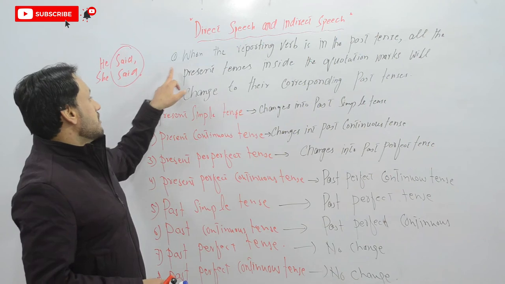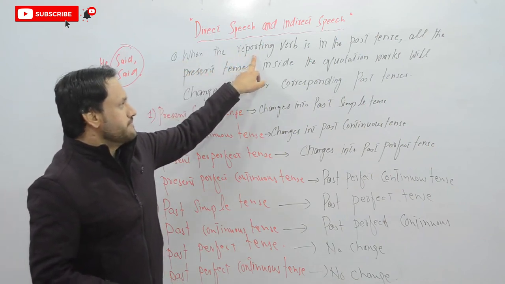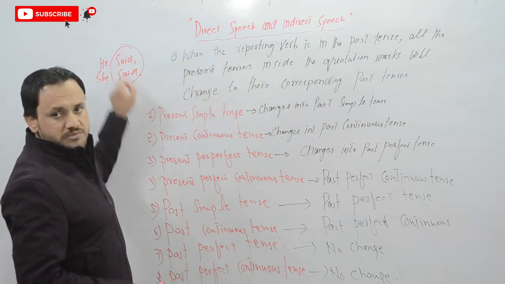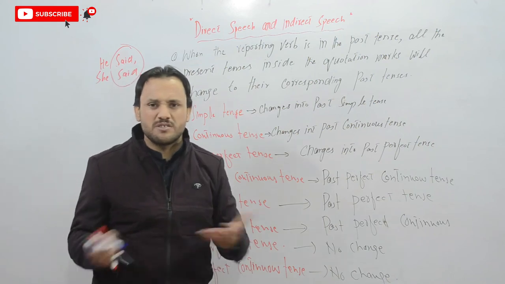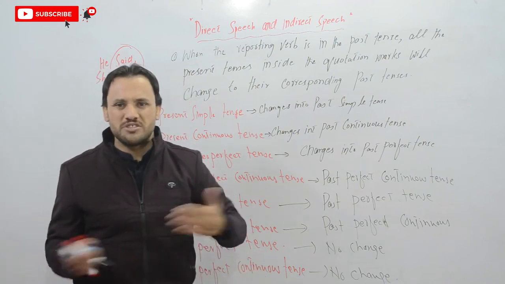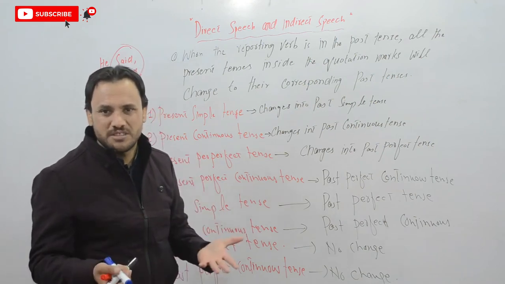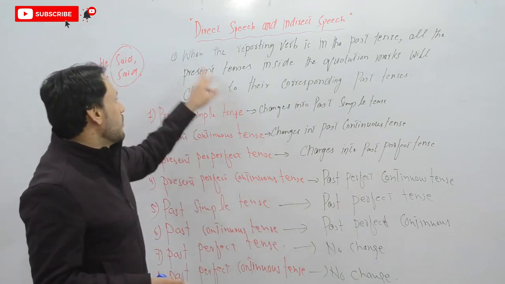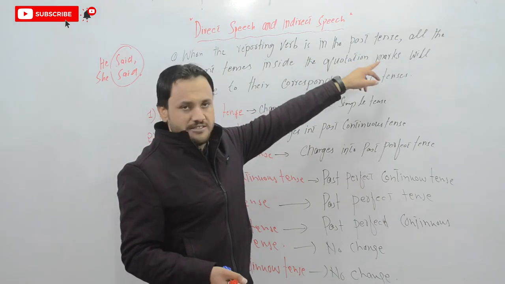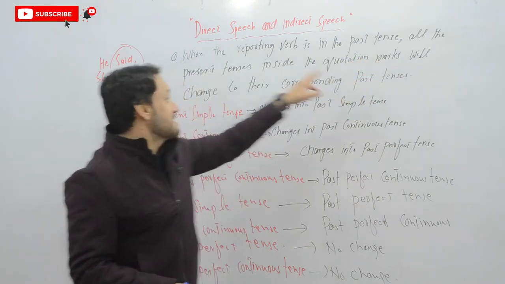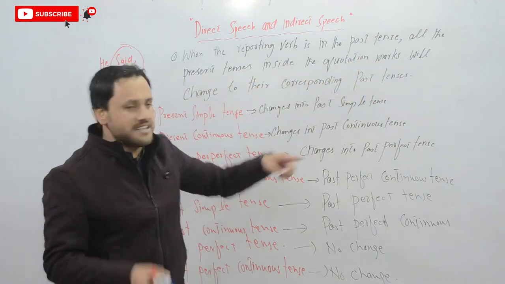Have a look at this. When the reporting verb, meaning this verb, is he said, she said, I said, we said, you said, he told me, she told me, Ali told me, you told me, it means the past. When the reporting verb is in the past tense, all the present tenses inside the quotation marks